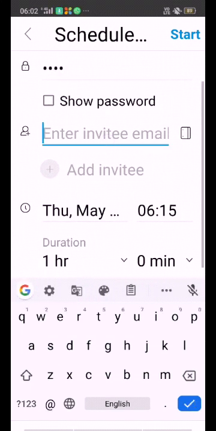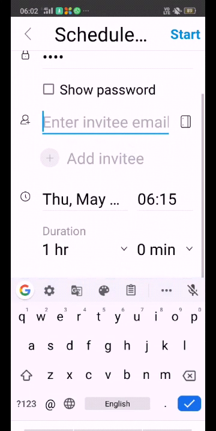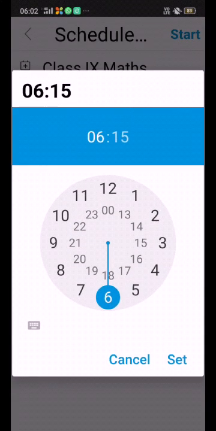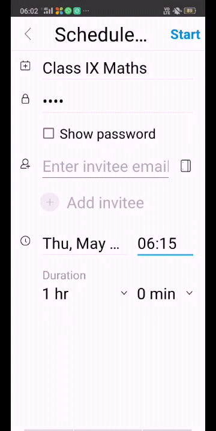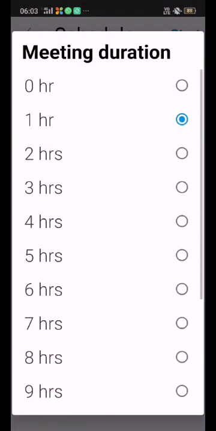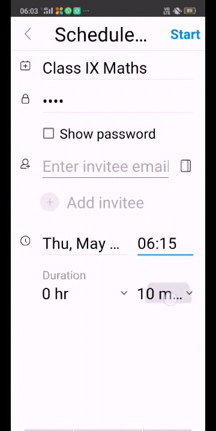Here if you want to add invitees, you can add them using email. And now suppose I am scheduling this meeting at 6:15. I am just changing the time. Set duration. Suppose I am going for 0 hours and 10 minutes duration only.